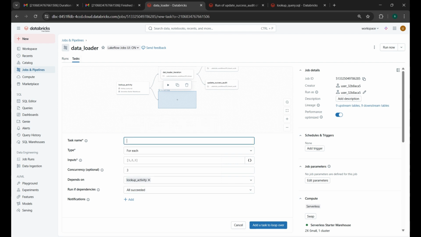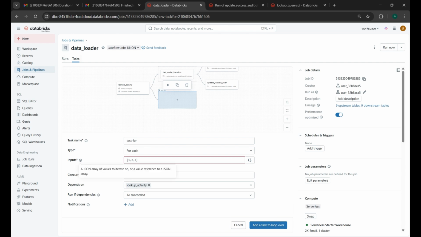Now you can create a name, say test for each activity, and you need the input of this, right? You can directly see that by default this input requires a JSON. If you see here, it requires a JSON array. Which is not difficult. Again, you need to revert your existing pipeline. Say you have an ADF pipeline where you have a SQL server which holds the metadata, right? Then you can directly use this